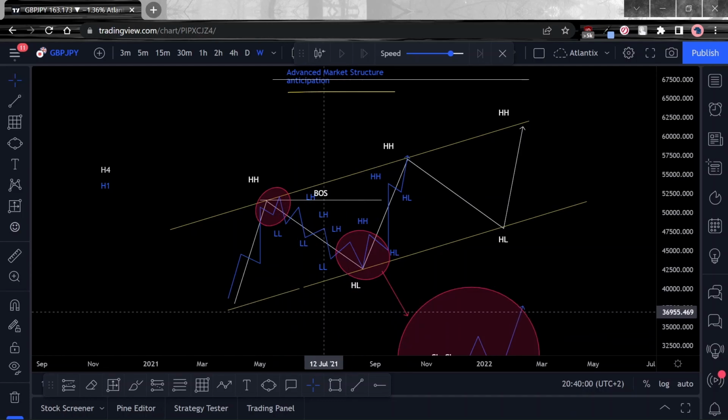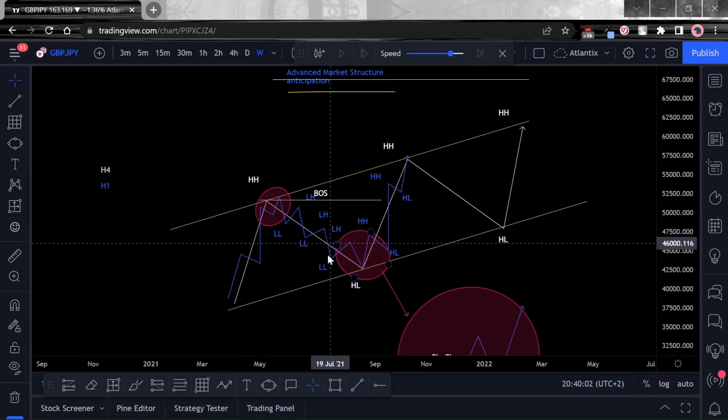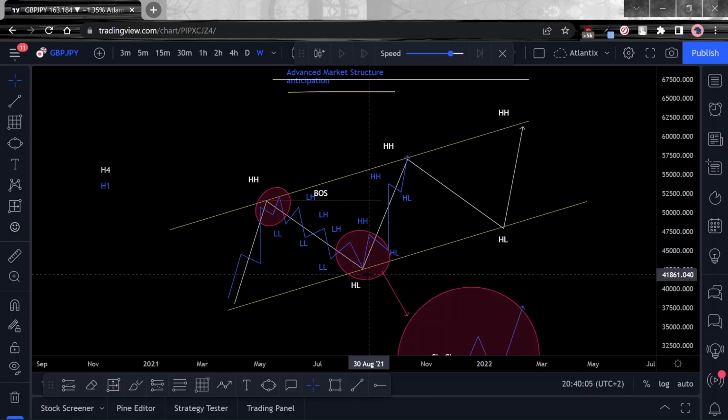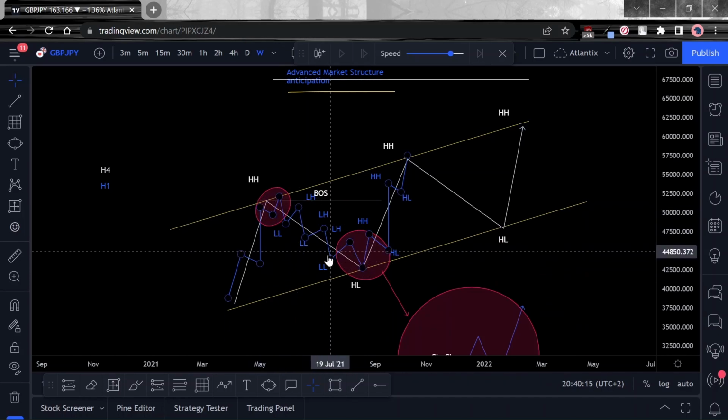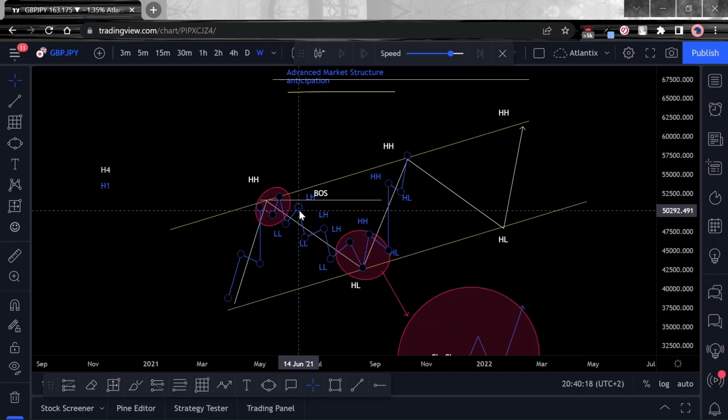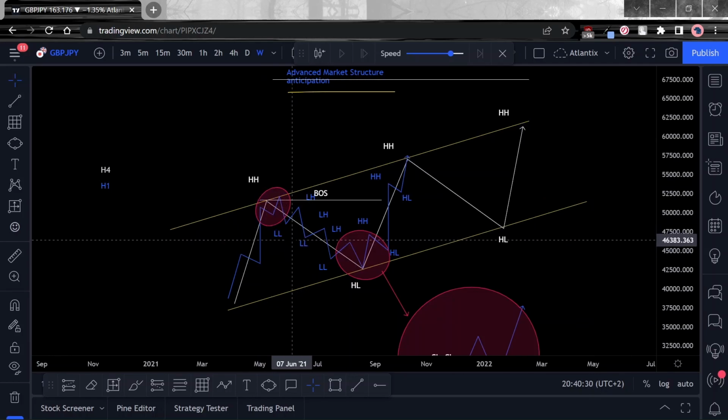However, that is risky because number one, you never know how far price is going to move down. It might just move a little bit and stop you out and continue. You're fighting the trend, obviously. And then there's also risk that because it might be a corrective move down, it may stop you out a number of times because price is too choppy and take you out of the move. You're right about the direction, but the price is just too choppy and it's moving correctively down, and you get stopped out of your position.